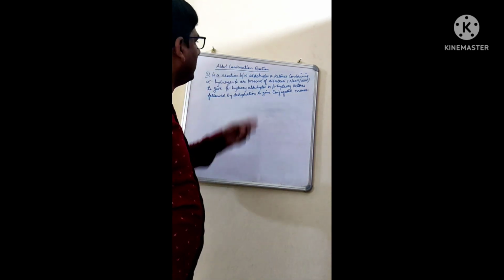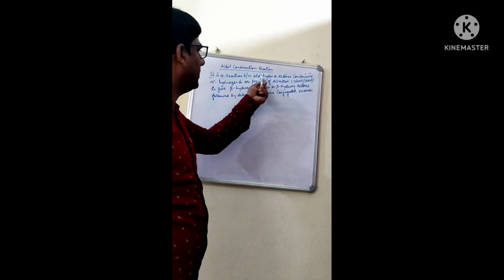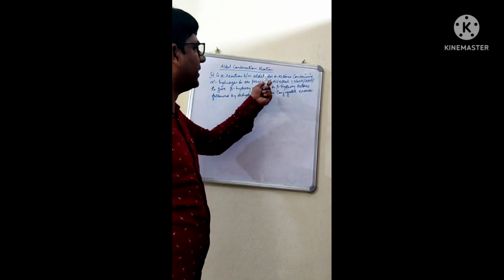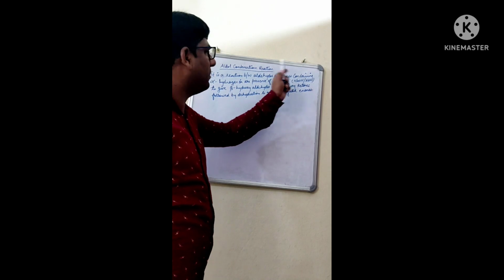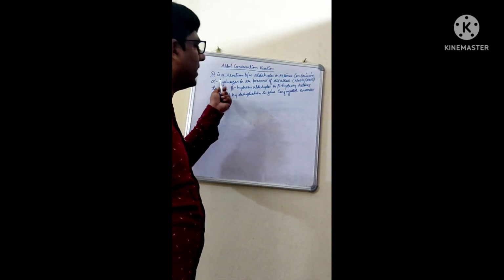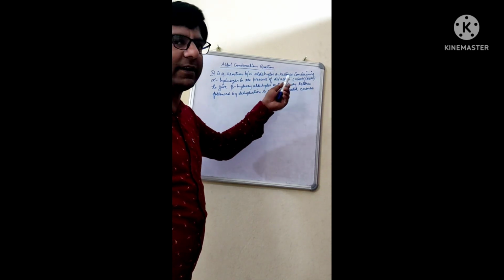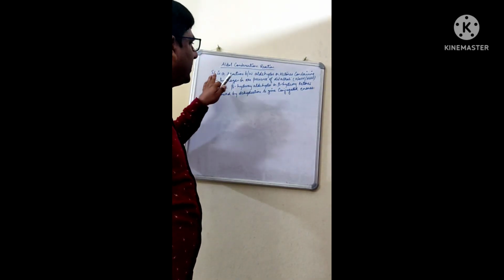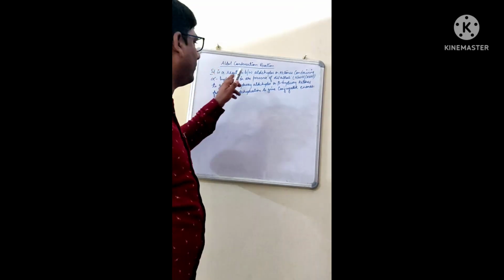Now, basically students, this Aldol condensation reaction is a reaction between two same aldehydes or two different aldehydes. In the same way, ketones, two similar ketones or two different ketones, but the condition is it must contain alpha hydrogen. Whatever aldehydes or ketones you are selecting, make sure that the aldehyde or the ketone you have selected must contain at least one alpha hydrogen.